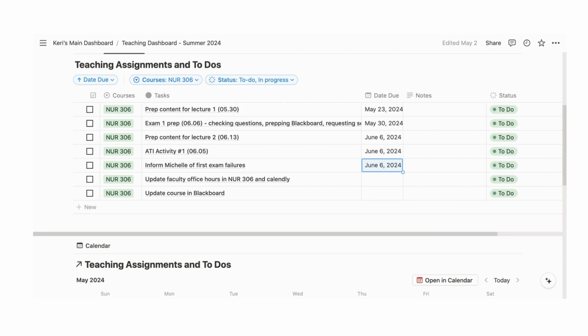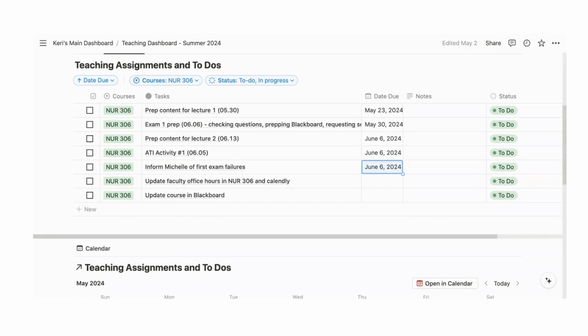So let's jump into this template or this dashboard, and let me show you how I utilize it. You can see that I do have some of the items that I will need to do already in my dashboard. Essentially, I'm just going to keep updating my dashboard according to my topical outline that I created for my course. Some of this stuff will be repeat, and that's great because then I can just do a copy and paste. So I have worked on this all the way up